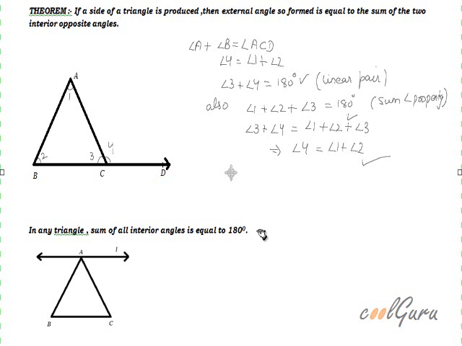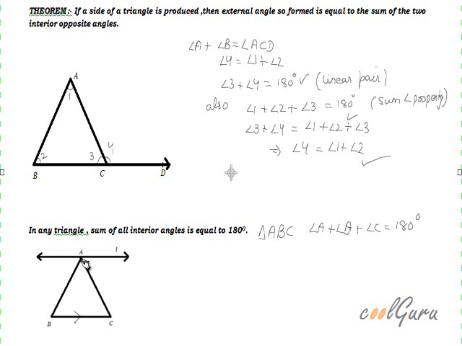180 degrees. That is, in triangle ABC, in this triangle ABC, the sum of interior angles, that is angle A plus angle B plus angle C, is equal to 180 degrees. This we have to prove. Now what I have done, I have drawn a line L parallel to side BC of triangle ABC and passing